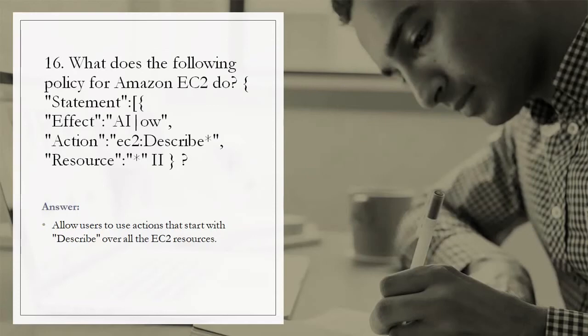Why? Because we can use an IAM policy to control the actions that our users can perform against our EC2 resources. For instance, a policy with the following statement will allow a user to perform actions whose names start with Describe against all your EC2 resources. That is, statement effect, which is again allowing us the actions ec2:Describe* on all resources.